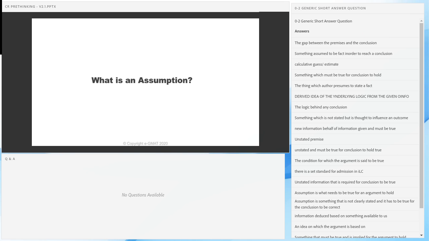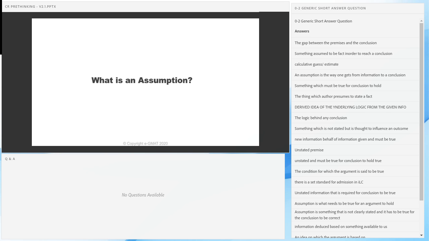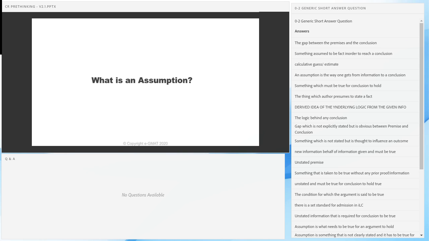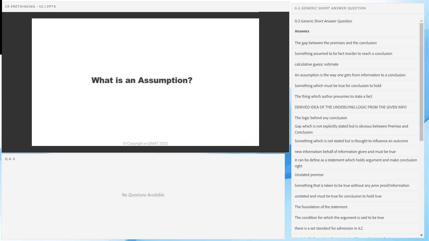The gap between premises and conclusion, something assumed to be fact in order to reach a conclusion. Okay, an assumption is a way one gets from information to conclusion. Okay, a gap which is not explicitly stated but is obvious between the premise and conclusion. It's not obvious. That's why you guys are here. If it were obvious, then you guys wouldn't need to attend a webinar to learn how to get better at it. Assumption is the basis on which someone...